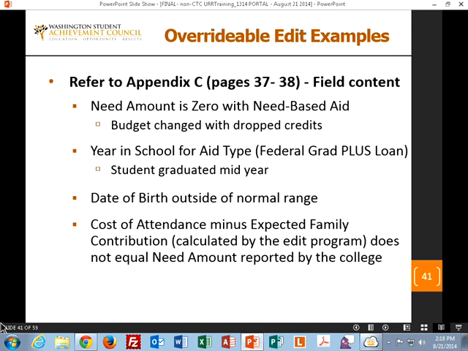So the vast majority then are overridable edits that you might encounter during your process. And the system makes it pretty easy to populate the override and give us that reason that you would override that. And of course, after you've submitted your report, Tara will be